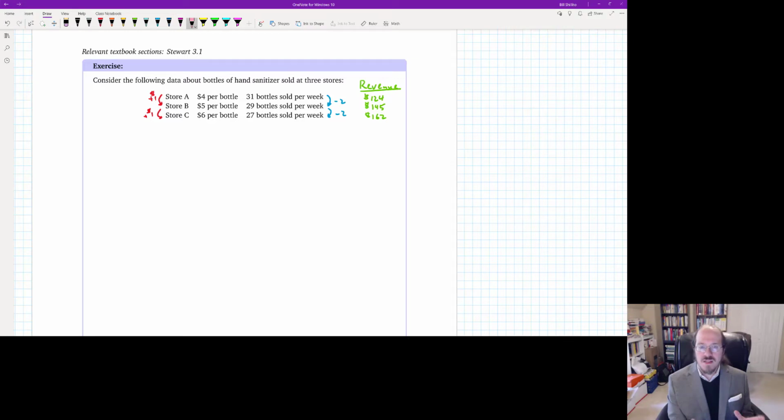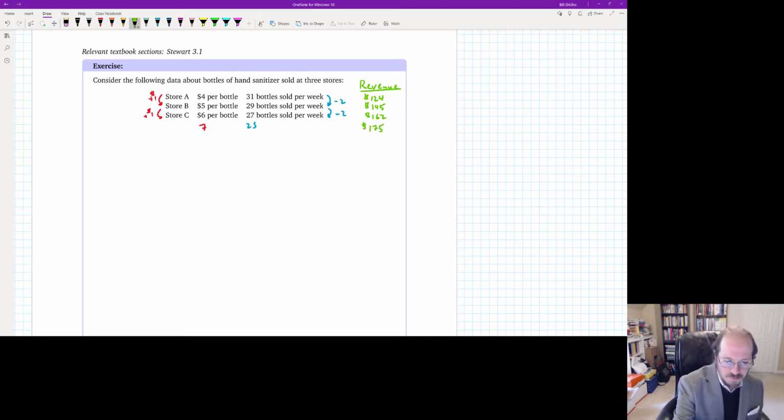But anyway, the thing to notice at this point is that as we raise the price, yes, fewer people buy it, but somehow the price is compensating for that, and the store is still able to make more and more money. So any business owner would want to know, okay, what would be the best price for me to set things at so that I can make the most money, if that's your goal. So what we could do is we could just continue the pattern. We could say, okay, well, what if we sell it at $7 per bottle? If we sell it $7 per bottle, we might predict that 25 people will buy it. And if you multiply that out, you'll find that the revenue ends up being